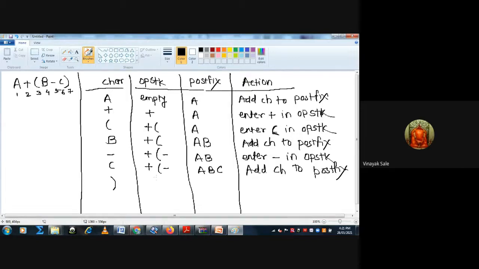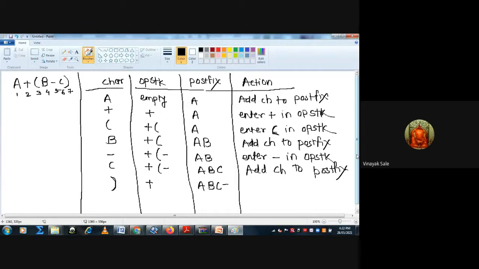Here the stack has plus, then opening bracket, then minus, and the postfix is A B C. Whenever you enter a closing bracket, the corresponding opening bracket is removed from the operation stack.